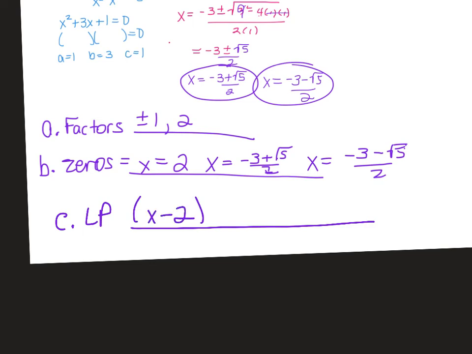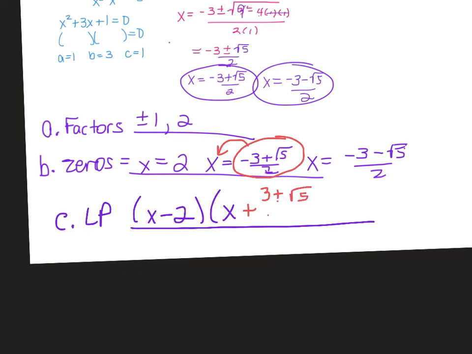Okay, so my second one is going to be x. Look, I'm taking this whole thing and I'm moving it over here. If that said x equals negative 3, what would your linear product look like? If it was x equals negative 3, you would write x plus 3, right? So when I move this thing over, that negative in front of the 3 becomes a what? Positive. All I want you guys to do is write plus 3 plus root 5